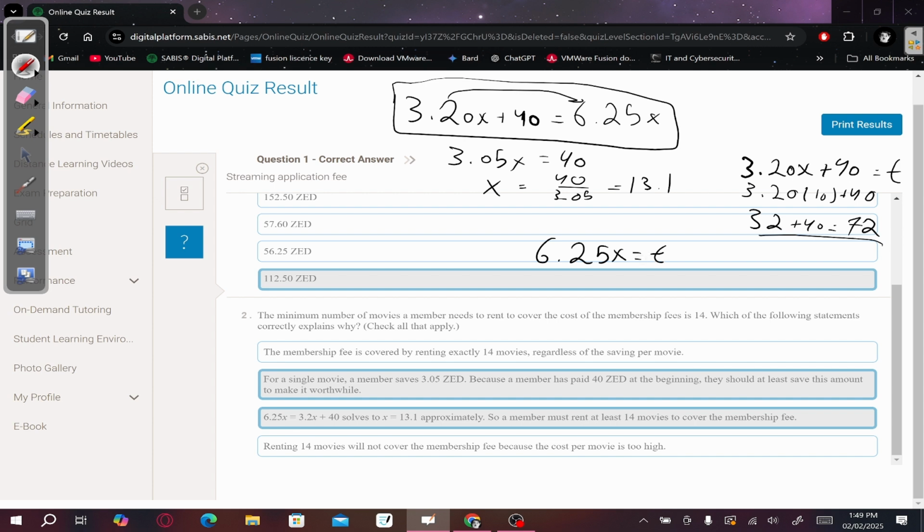So you rented 10 movies. So 6.25 times 10 equals your total cost. So then your total cost is going to be 62.5. As you can see, if you rent less than 14 movies while you're not a member, you end up saving. Because here, if I was a member and I rented 10 movies that year, I would have paid 72 zats. However, if I wasn't a member, I would have paid 62.5. I would have saved myself